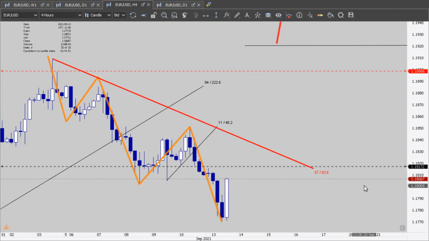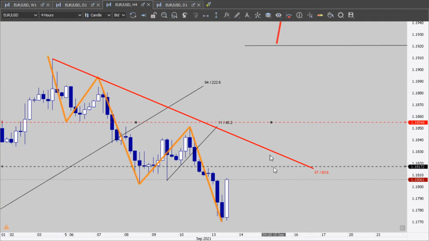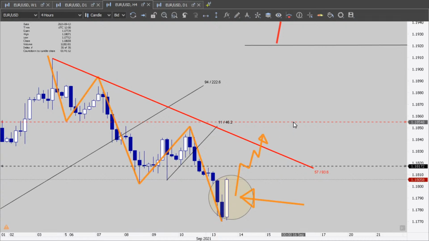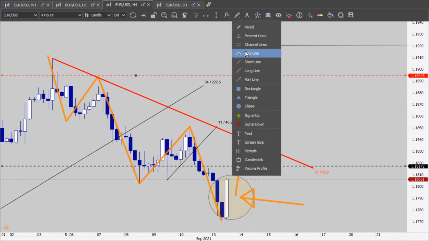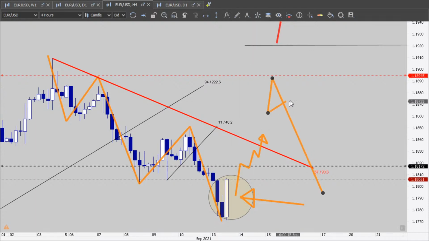The professional trader that is shorting the downtrend is going to do something like this. The beginner trader is going to look at this candle and start freaking out. Oh my god, the market's going against us. So I'm going to leave my stop loss up in here because I have less chance of being stopped out.